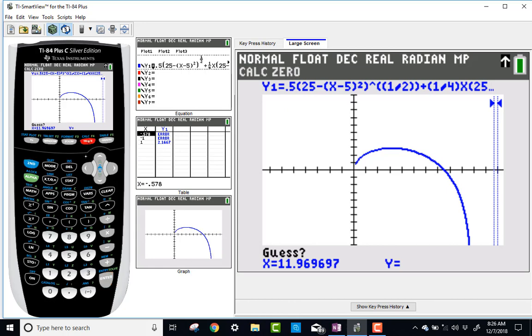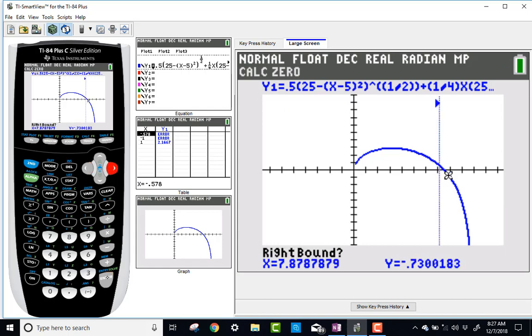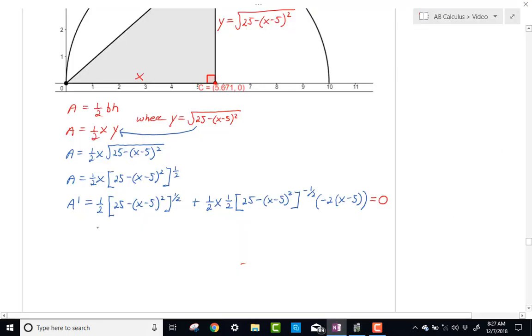Second, calculate, 0 value. Alright, so my left bound just above the point, my right bound is going to go just below the point. I'll hit enter, and it tells me that I have a 0 value at 7.5,